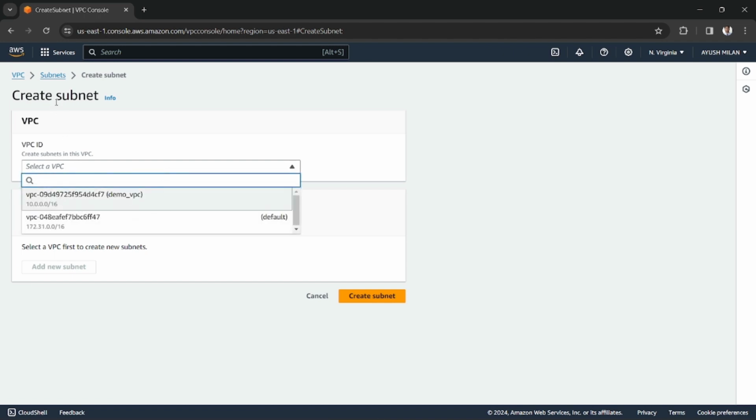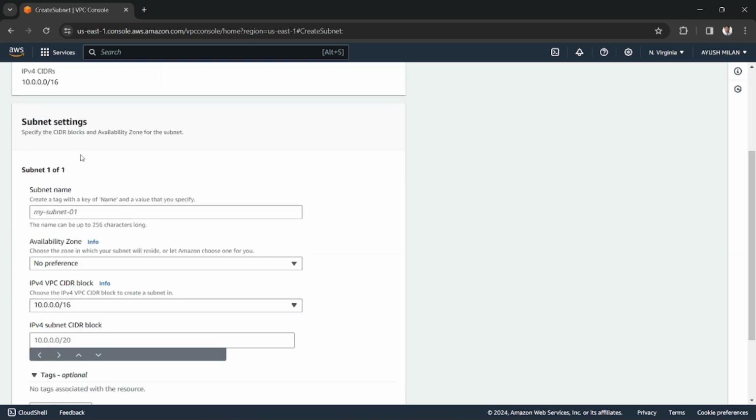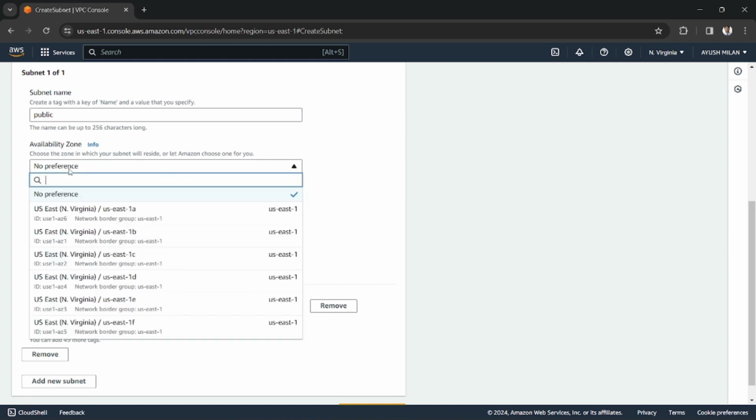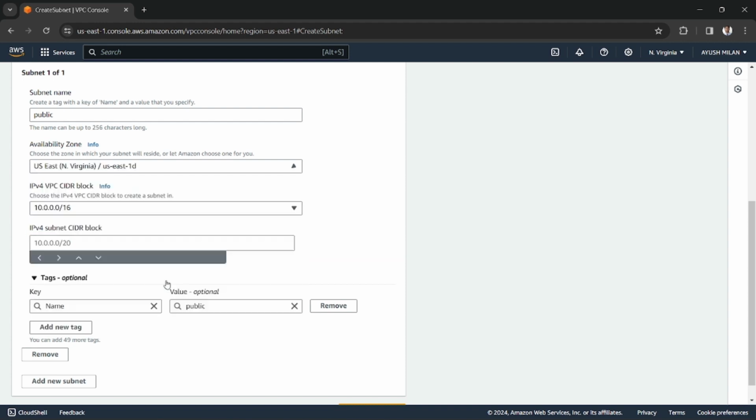So just click on create subnet, and you have to choose the VPC in which you want to create your subnet. For subnet one, let's just type public subnet. You can choose the availability zone, but if you don't choose, it will be automatically chosen. Let's just choose it as D,